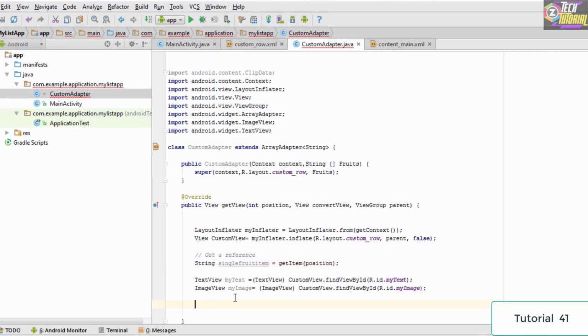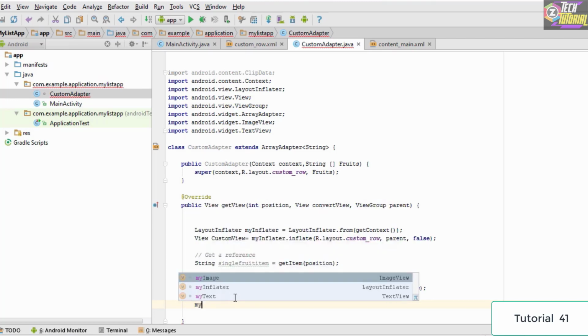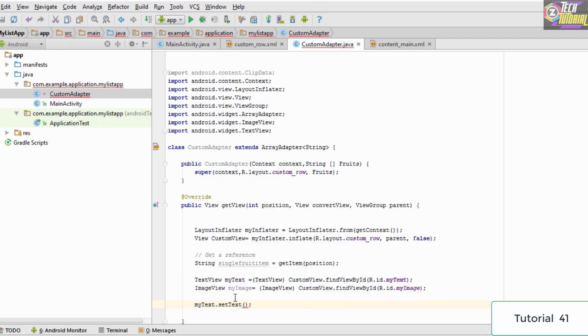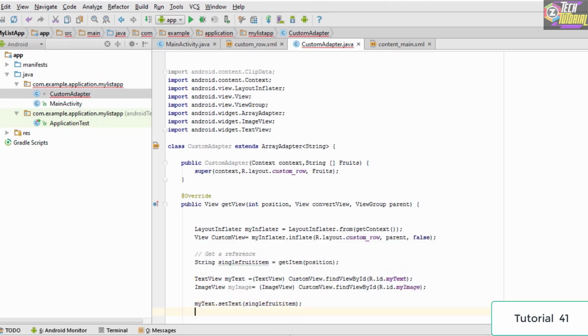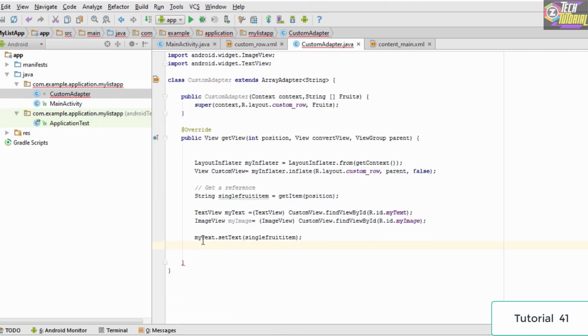So we type in my text dot set text, and we are going to pass in this string which we have just created. So we pass single fruit item. This code right here is going to change the text of the my text.